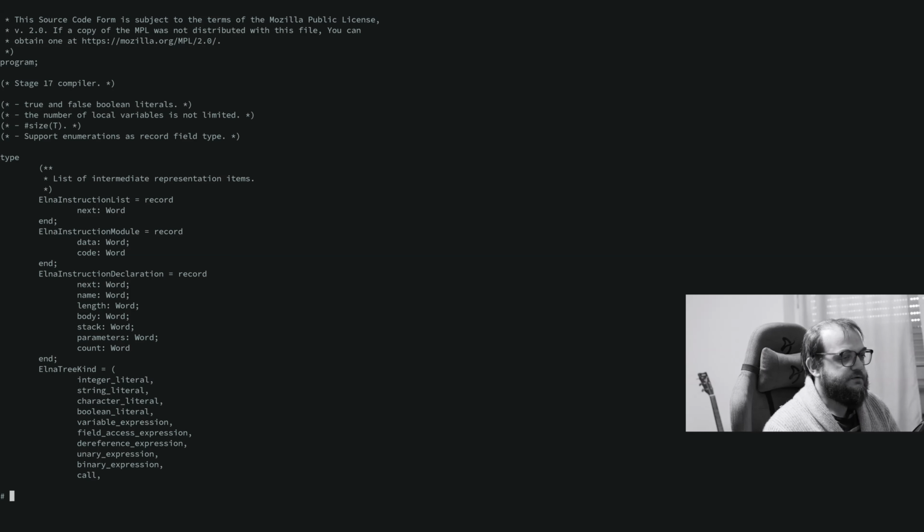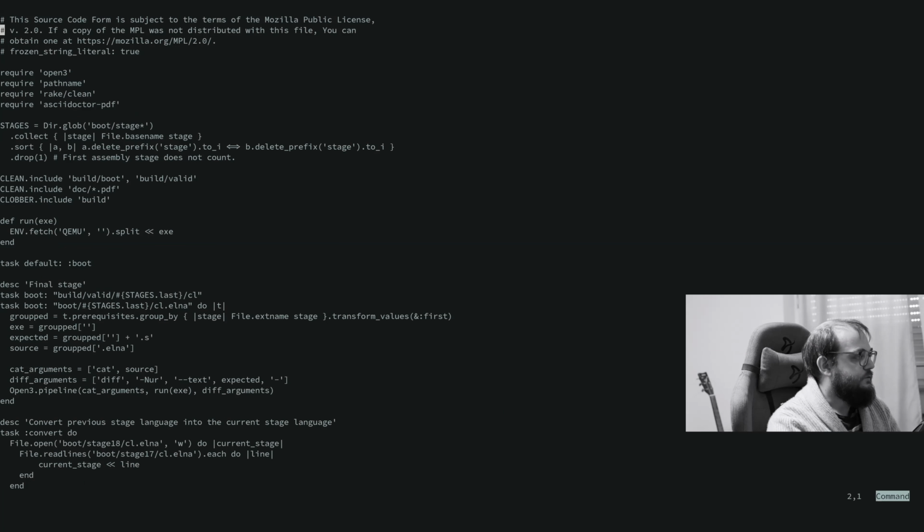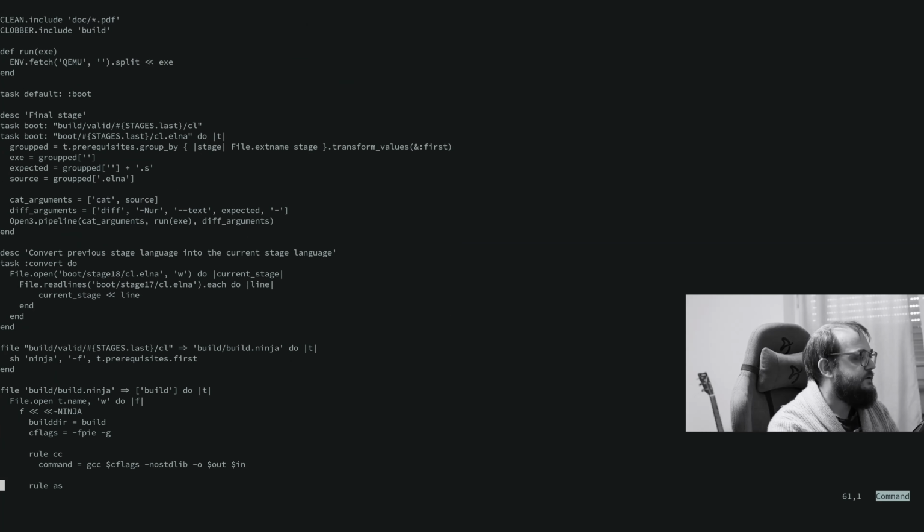But I still do small adjustments to the build system, and I want to do a little adjustment today too. I still use Rake to generate the build description for the Ninja build system. It is then saved in the build directory and called build.ninja. And I want to look into the Rakefile,